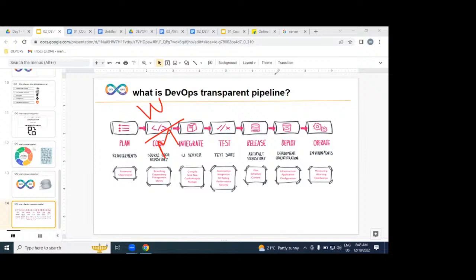But how many developers do we have? N number of developers, we don't know. So every day, morning to evening, each and every developer writes N number of lines of code. But all the developers' source code, we need to integrate, or not? Yes, we are going to integrate it, continuously.